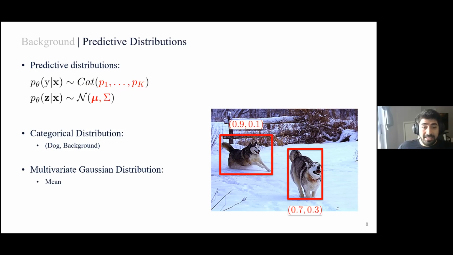Similarly, instead of just estimating bounding boxes, we would like to estimate the mean of the bounding box distribution and a covariance matrix for the corners or for whatever representation our bounding box is. I will be showing the covariance matrices as 95% confidence ellipses around the corners in this presentation, but there are other ways to represent bounding boxes. So this is not exclusive.